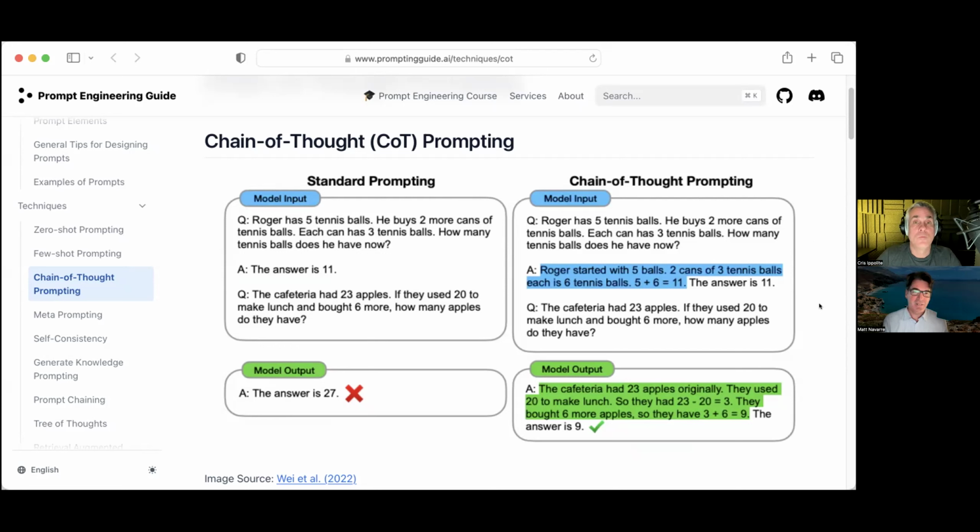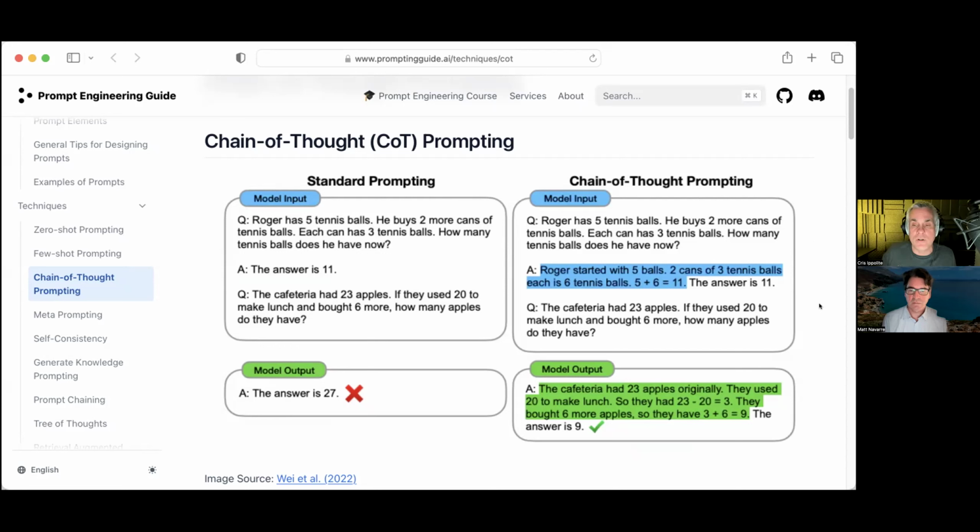But what is a better way for humans to do this, and for us to train in our prompt how to do this, is to provide chain of thought. The alternative approach to asking this question is, you see on the right-hand side for those on YouTube, we ask the tennis ball question, and the answer was 11. But instead of just giving the answer as an example of how we want it to respond to us,